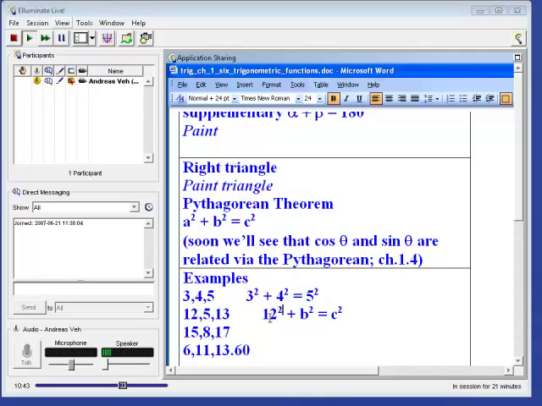Or that, for example, 12 squared plus 5 squared equals 13 squared. So you would have a triangle with 12 inches long, 5 inches high, and then the hypotenuse comes out to 13 inches. And I can also show that in